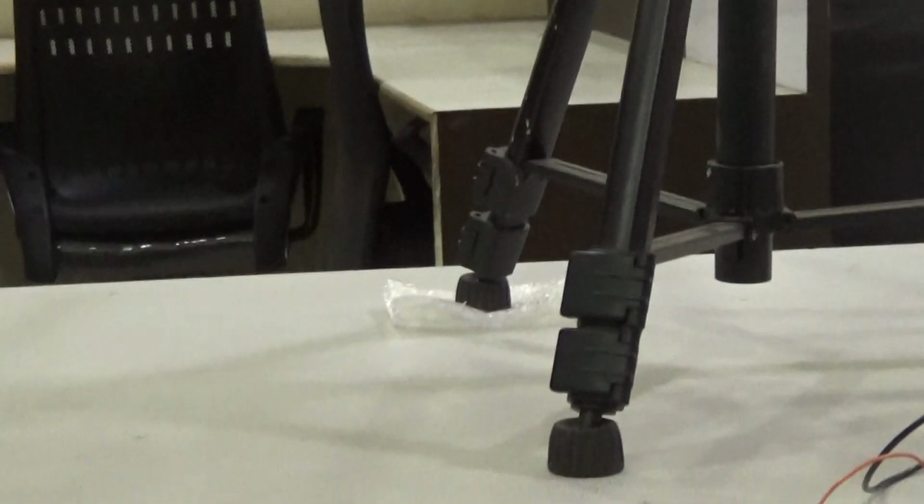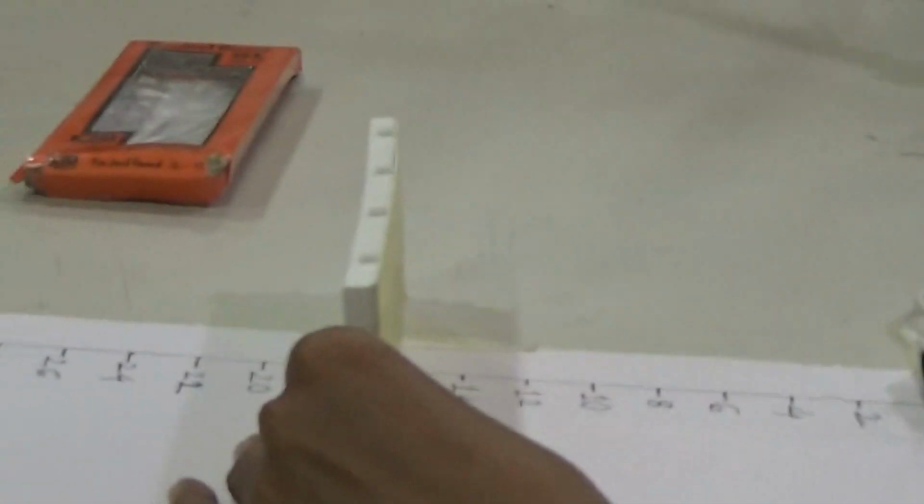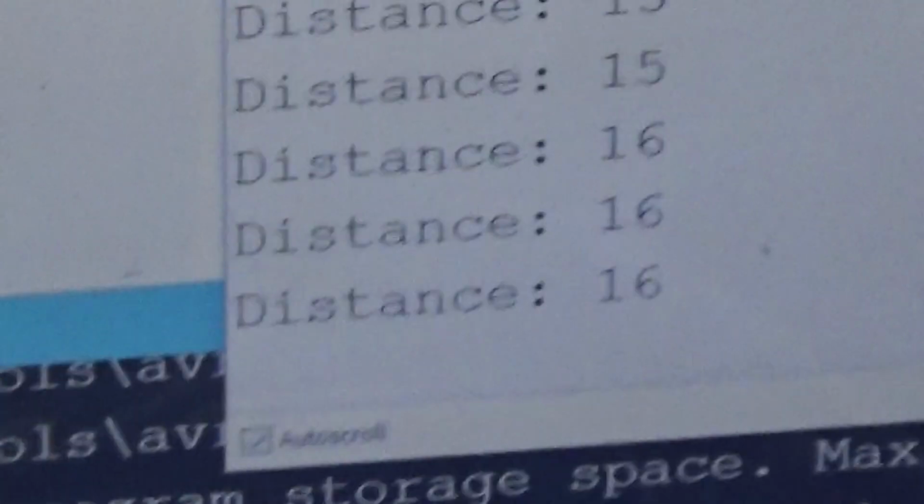As discussed in an earlier part of serial communication, we can observe the same distance on a serial monitor. So here you can see that. Now the object is at, you can see, 16 centimeters. So here the ultrasonic sensor is kept at fixed position, and here this is nothing but the object. So object is present at 16 centimeter away from the sensor. So here using the Arduino Uno also reads that distance as a 16 centimeter. So you can see on a serial monitor.